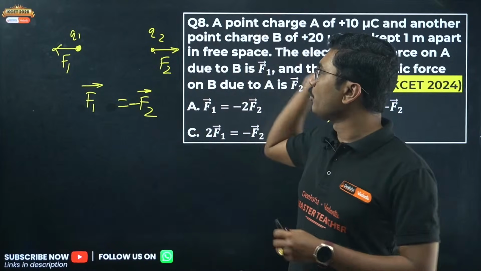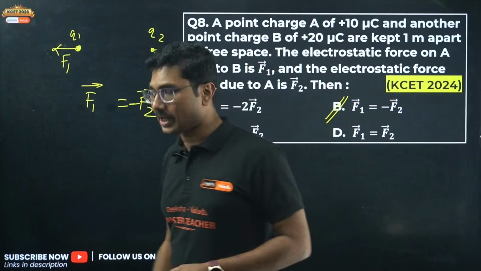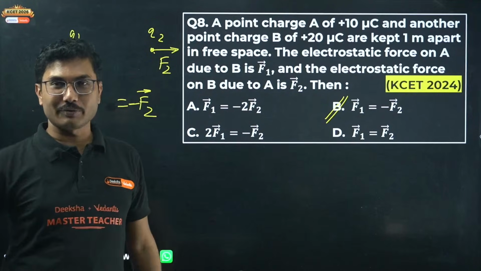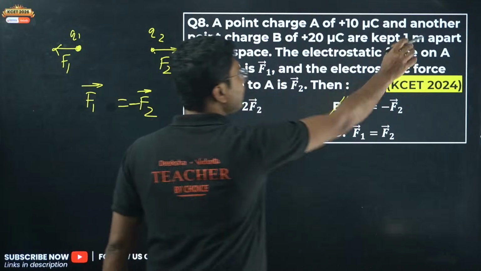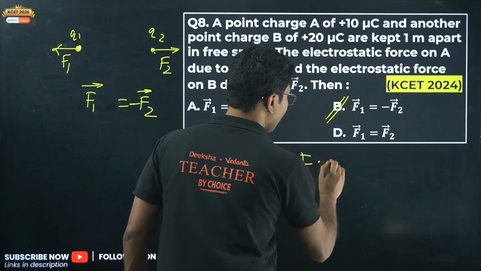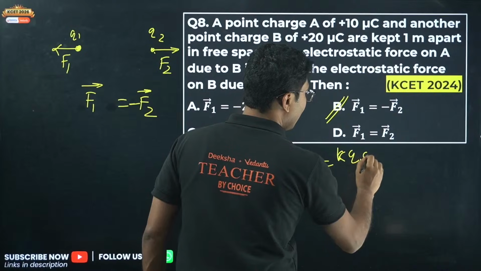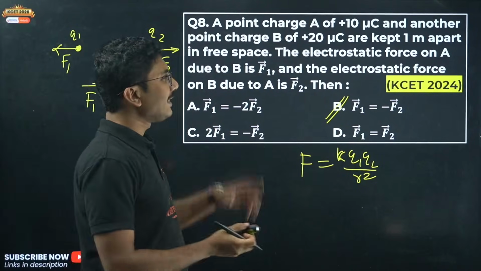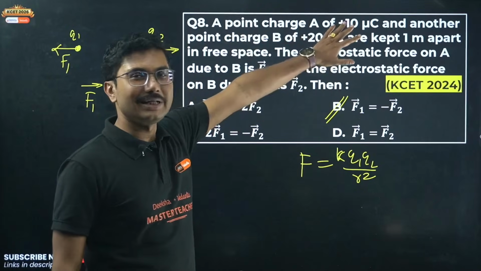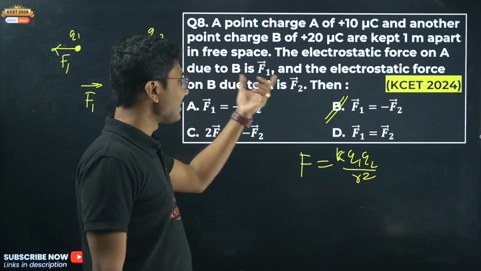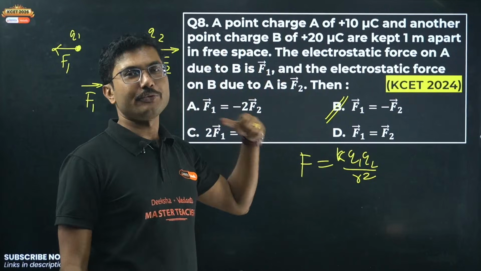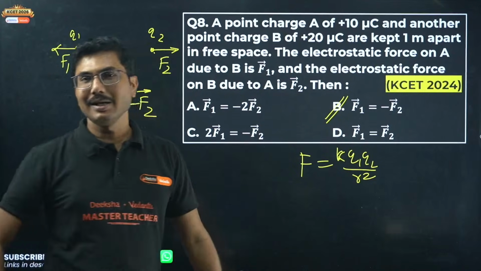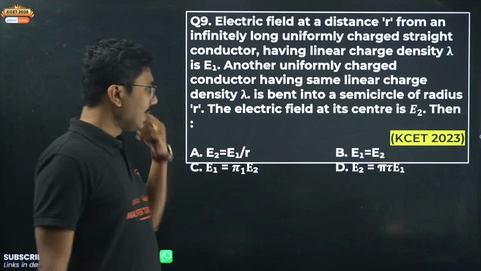Newton's third law is the only way to answer this question. There is no other concept. You don't need to do any mathematics, even though they have given you the charges and the distance. If you don't read the question properly, two charges are there 1 meter apart, immediately you start, okay, K Q1 Q2 by R square. You started doing some calculation, but it is not required at all. If you read the entire question, you realize these are only given to distract you. The only part is that this force is F1, the other force is F2. So from Newton's third law, they must be equal and opposite. You don't need to do any mathematical calculation. Okay, next,